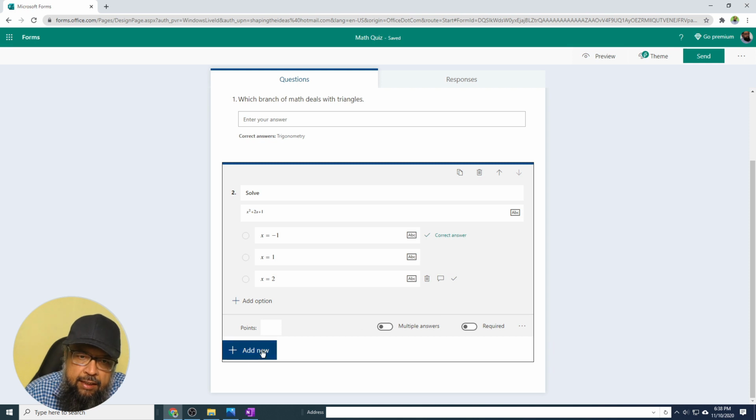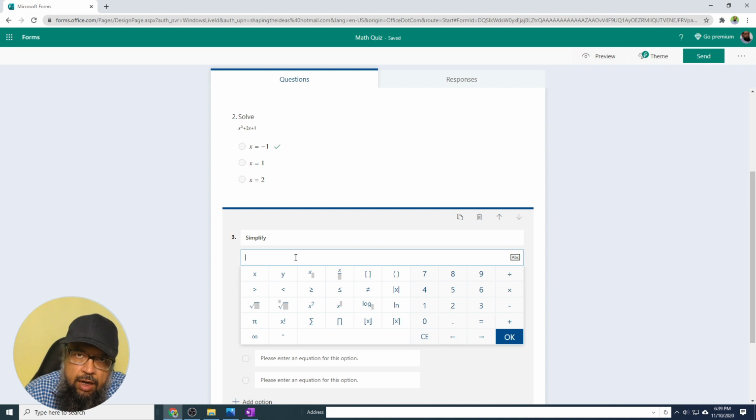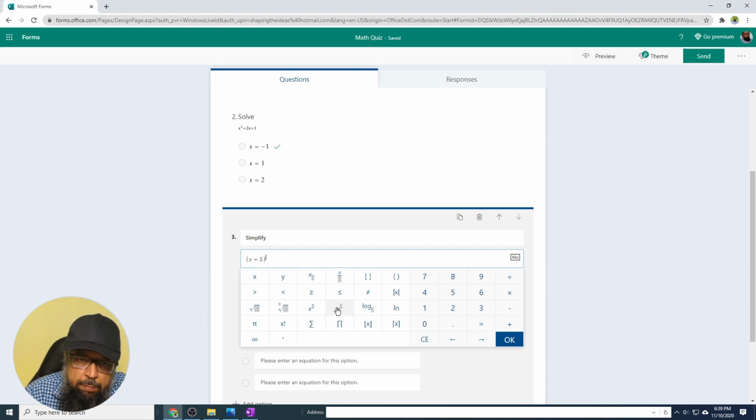And then you can add another question. It's a multiple choice question. And this time I want my students to simplify something, simplify a mathematical expression. Again, I click here and my expression is this time x plus 5, and then I click on this raised to the power 3. And now I have to click right arrow so that my cursor can come on the ground level.